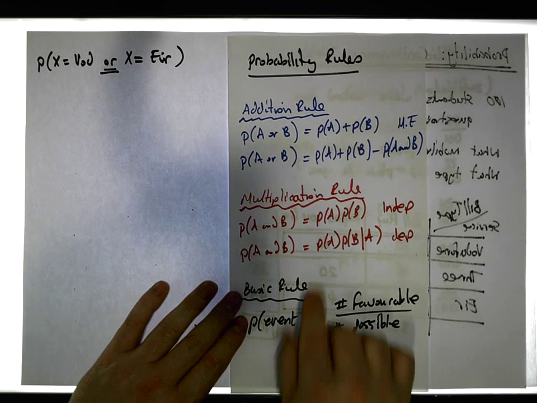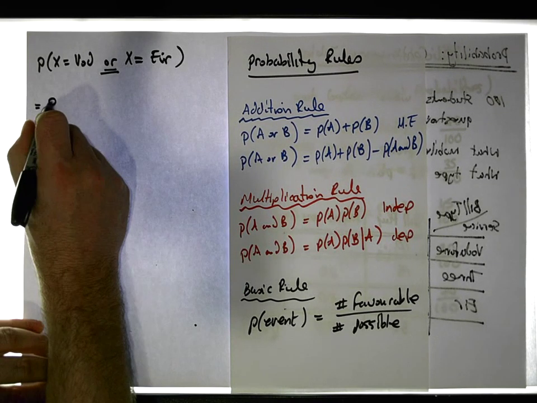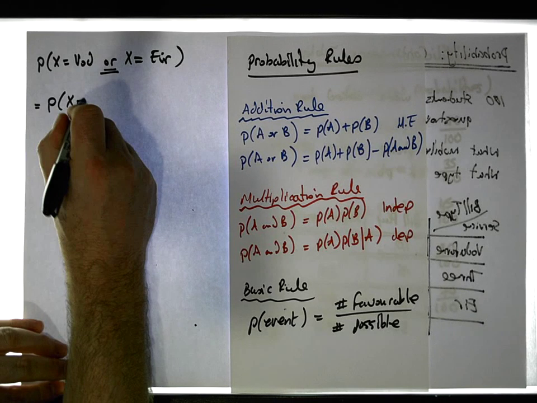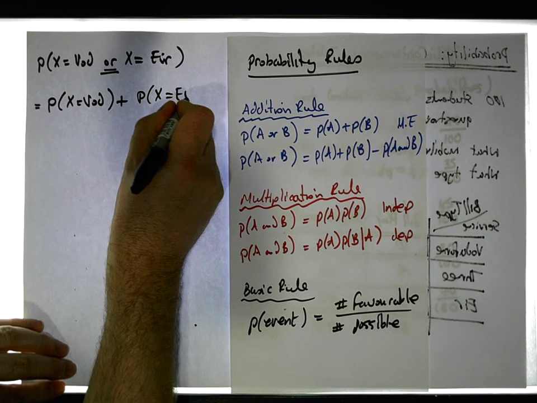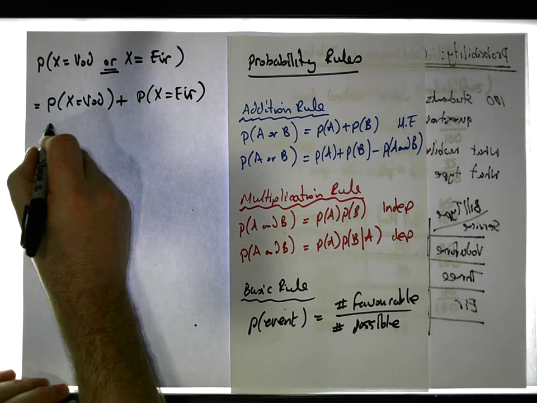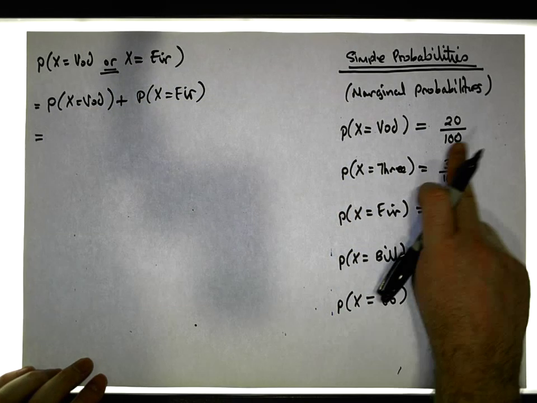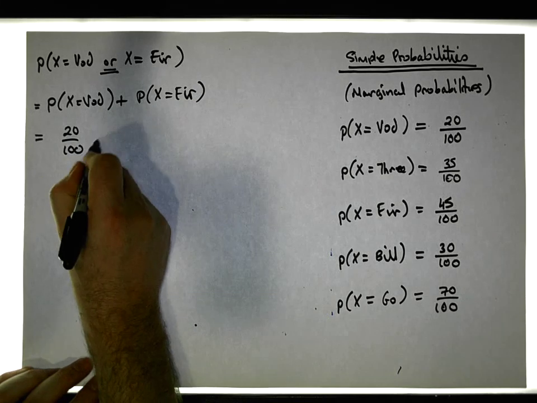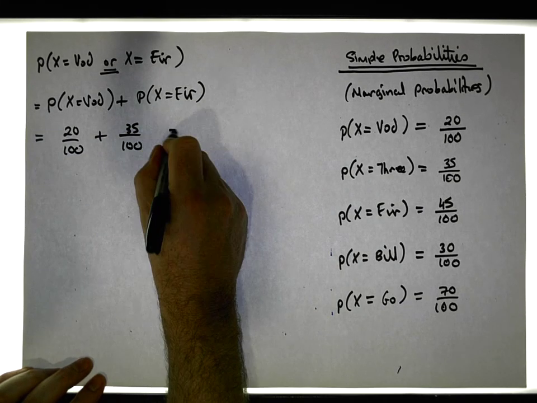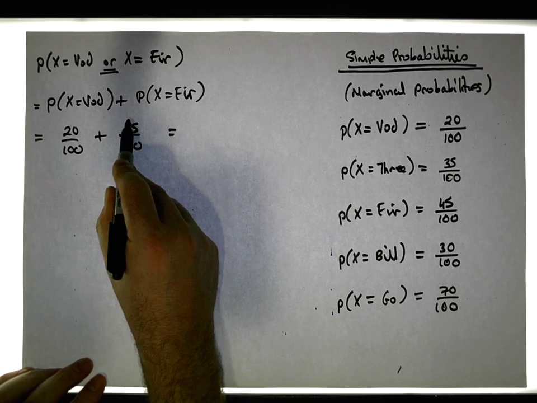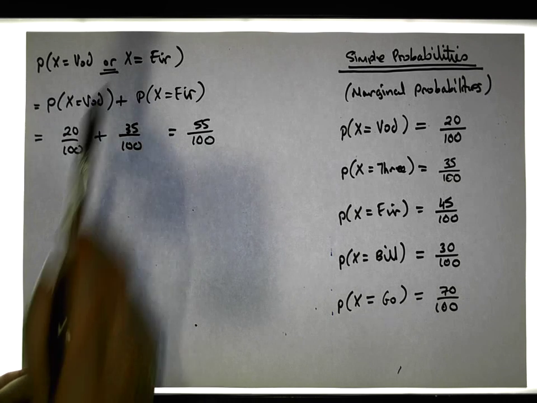So now we know we can apply this rule, which says that the probability of A or B is simply equal to the probability of A, which is the left bit, plus the probability of B, which is the right bit. So that gives us something like this, which gives us the probability of Vodafone. Well, we've already calculated that. The probability as a simple event is 20 chances out of 100, plus the probability of Air is 35 out of 100. Which gives us a total of, well, we've got 20 100s here and we've got 35 100s here, gives us 55 chances in 100 of getting someone that's either a Vodafone or an Air customer